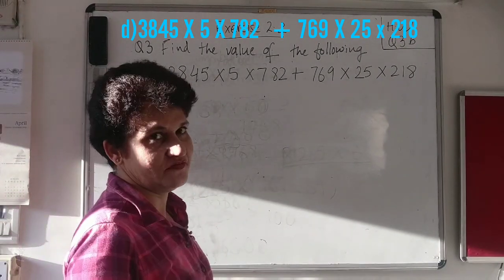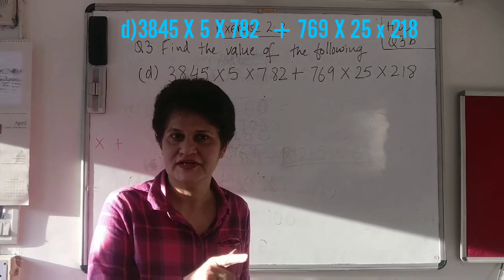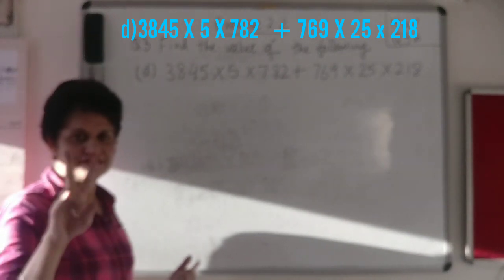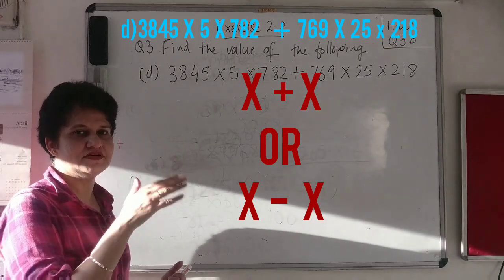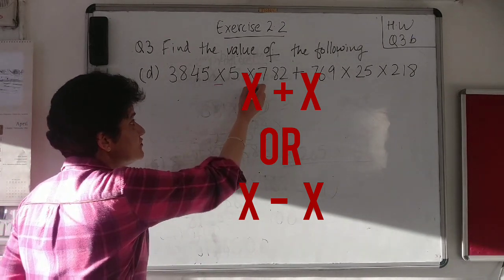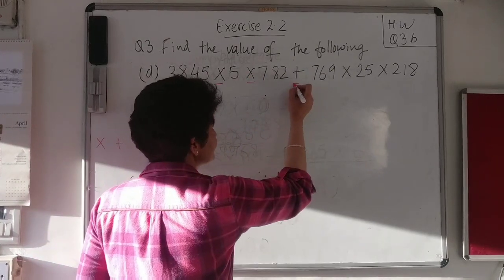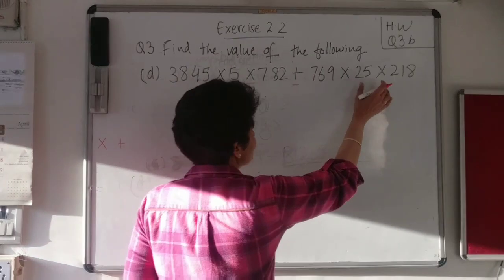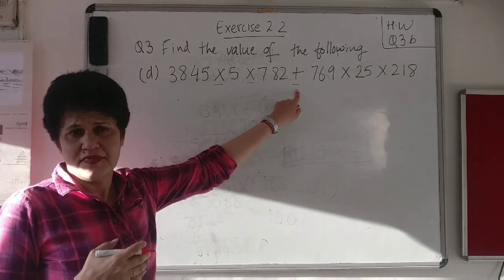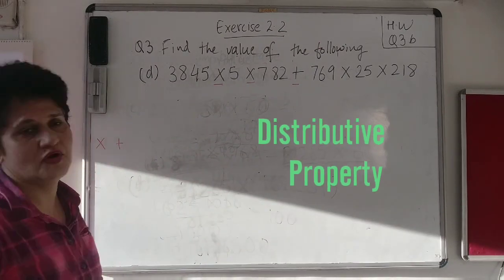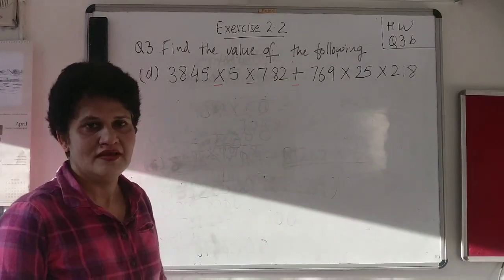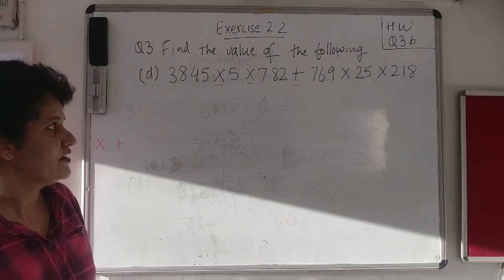So let's look at the question here. First of all, we have to identify which properties, that is step 1. And how would you do that? Two steps. First, you will find those 2 signs, a multiplication sign and a separator, plus or minus. Do we have a multiplication sign here? Yes, I have another one, you see. And then I can see the other sign over here, that is plus, and I can see some multiplication signs on this side. So I have my separator here, so clearly we can solve this question using the distributive property of multiplication over addition. Why addition? Because we have a plus sign over here. Clear?